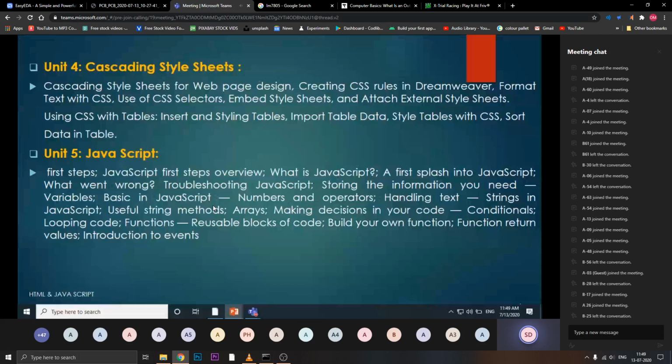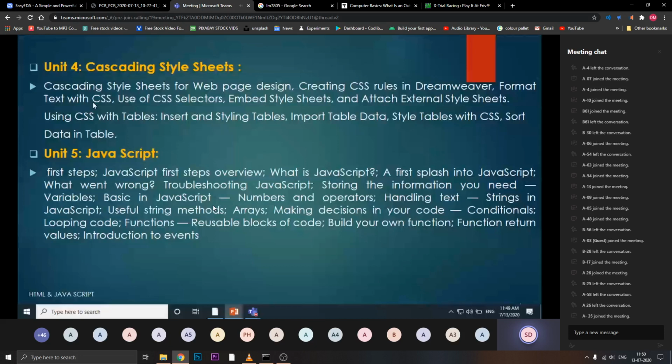Or your text should be in shadow format, or something else you require. As per that, you apply it to your text using CSS. We are not going to use the system font dialog box. Everything you are going to do as per your coding using CSS.